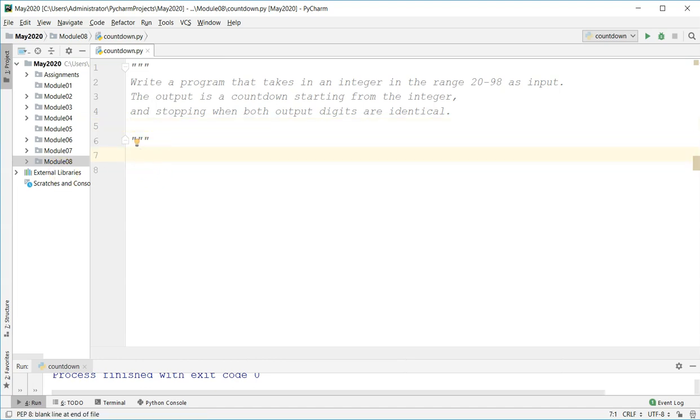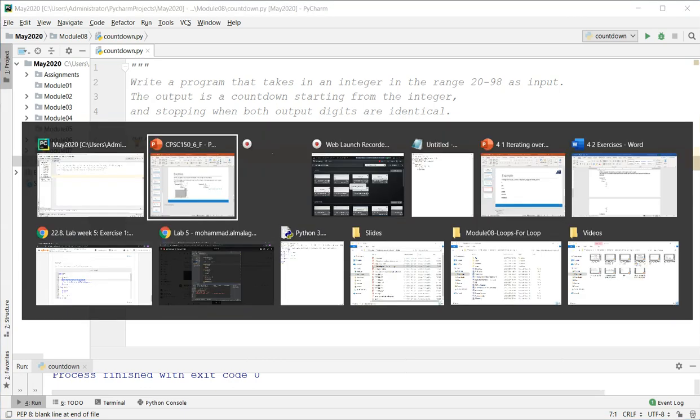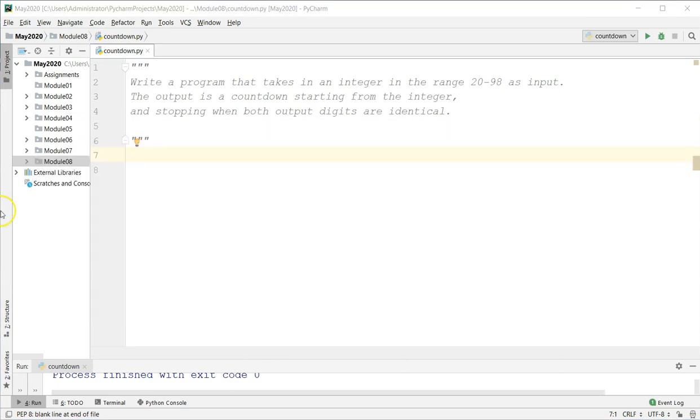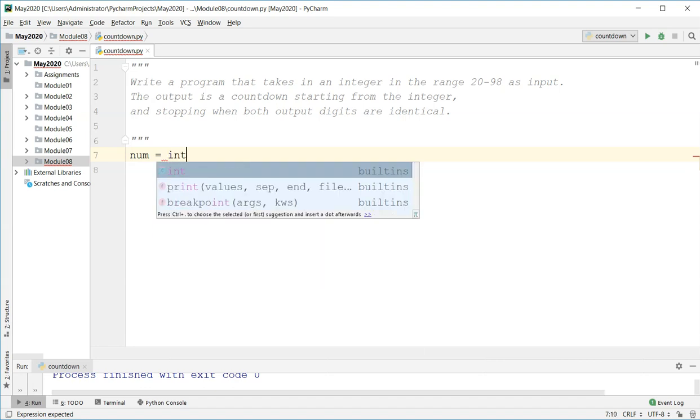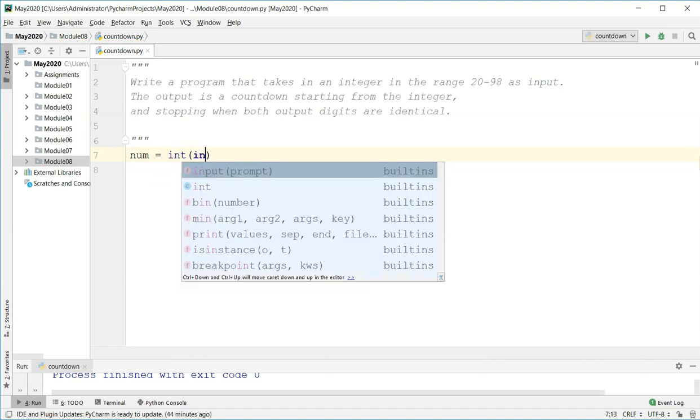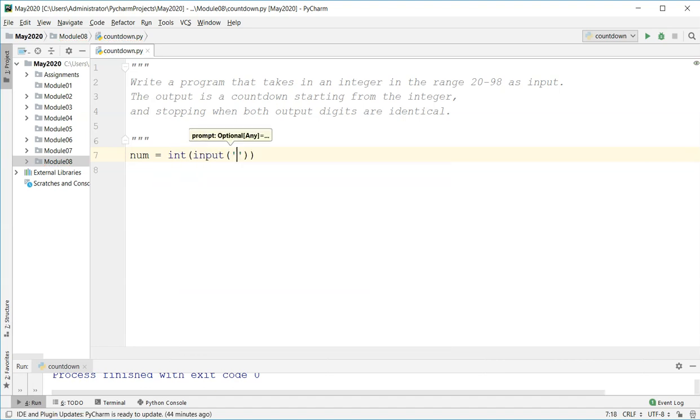So let's go ahead and start the program, in a very basic way. At the beginning, let's make sure the number entered by the user is in the range. First we're going to ask the user for the integer, using input, and we'll say enter a number. Then we want to make sure that this number is in the range. So I'm going to say if num